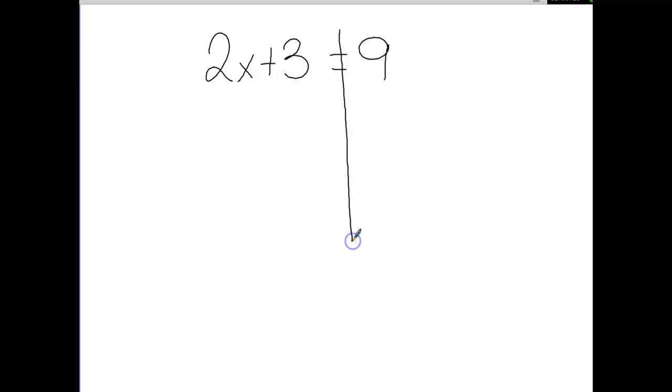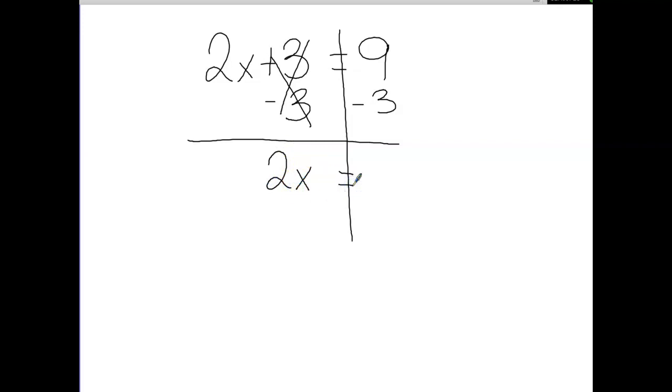So example 1 in your book is solve 2x plus 3 equals 9. Again, we're always going to draw our line down the middle so we can split both sides of our equation. So we always work on the side that has the variable. We have a plus 3 with that variable, and we need to get rid of it. So in order to get rid of a plus 3, we're going to minus 3. What you do to one side, you do to the other. This makes a 0 pair, so I'm left with 2x equals, if I have 9 and I take away 3,